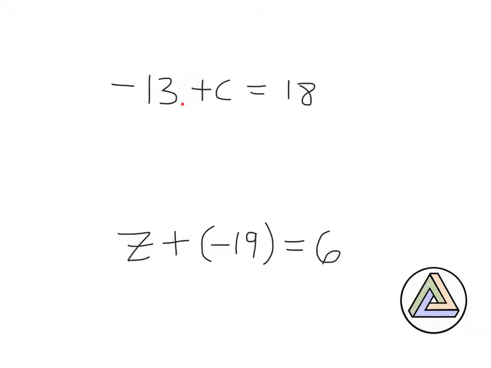Okay, so this is the first of its kind. I'm just going to do this one because we want to get c by itself, but we have this weird situation where it's a negative 13 over here. We want to get rid of that negative 13. Well, the way to get rid of a negative number is to add that number. So all you have to do is go plus 13,